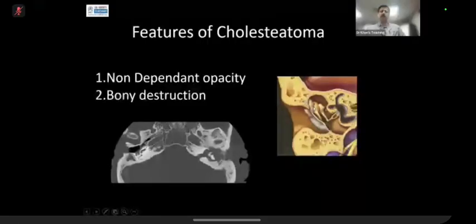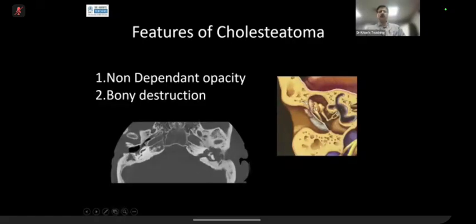One of the properties of skin cells is exfoliation. So they keep growing and they have got keratin inside. That becomes a ball and that ball keeps growing. This keratin has some properties of absorbing the bone. It takes years and years to develop, but gradually it will